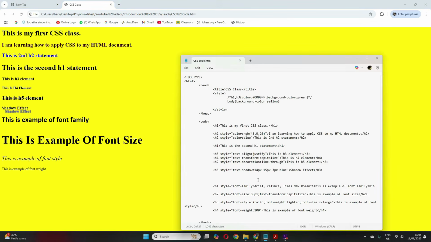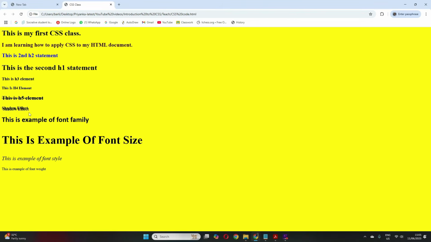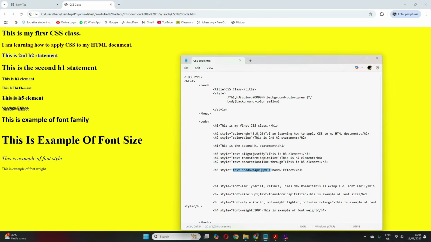Generally we don't give such a high distance, it's always a little bit. And the blur radius is not compulsory, you can just remove it, but the distance is required. Now I get the shadow, and the color of the shadow will be black. Clear? So text shadow also is clear.